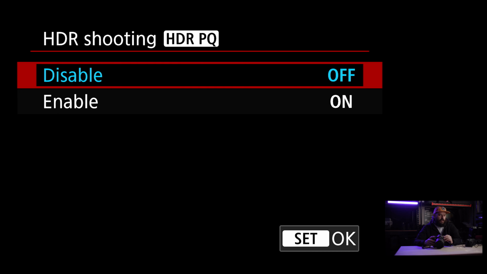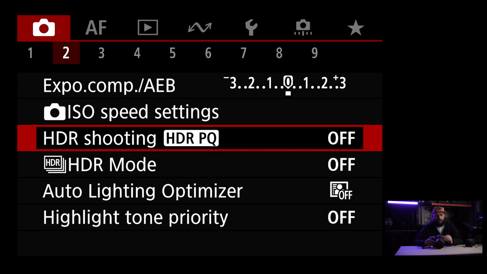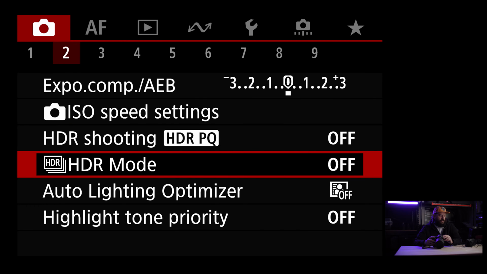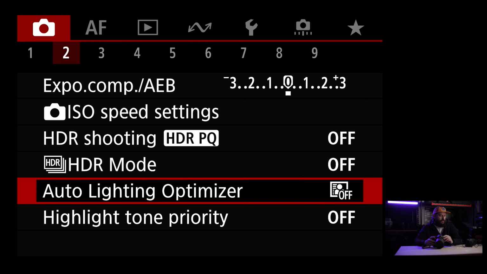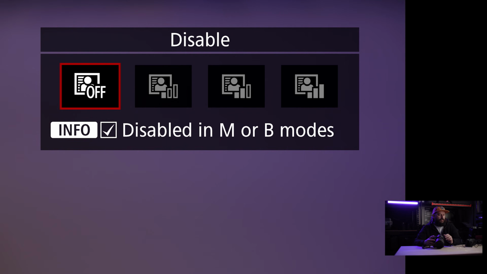But this is kind of to get more dynamic range. I don't use that, so I'm not going to dive into it. HDR mode would be related to that setting. Auto lighting optimizer. This is basically